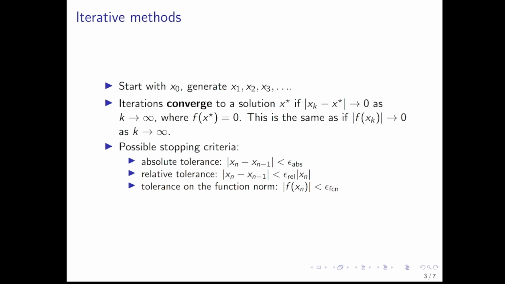There are different possible stopping criteria because we cannot generate an infinitely long series. We have to stop somewhere. There is the absolute tolerance stopping criterion, which means that if the update between two consecutive steps is smaller than some small number, then we stop. We can also use the relative tolerance. That means if the ratio in the update is smaller than some threshold, then we stop. Finally, if the value of the function evaluated at xn is small enough, then we can also stop. So in practice, 3 different criteria are used